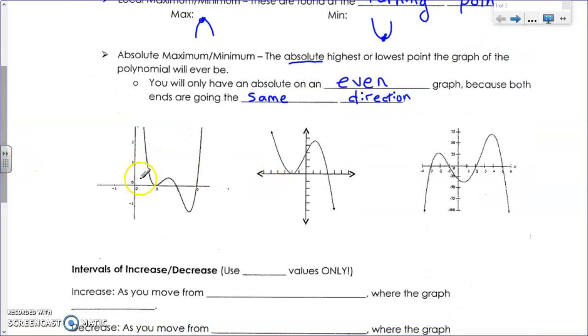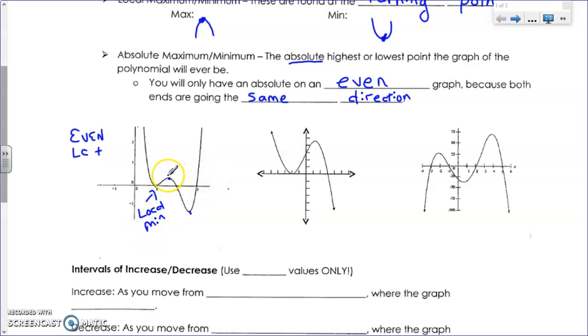Okay, if we look at this, what type of function is this? It's an even. The leading coefficient is positive. Just a quick reminder there, because they both end the same way. So here's a turning point, here's a turning point, and here's a turning point. Does everybody see those three turning points? This one here is a minimum, but it is a local min,